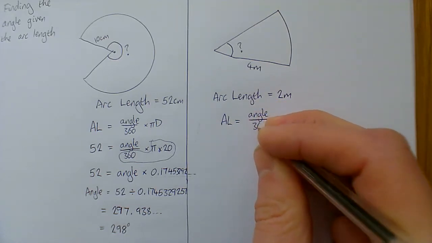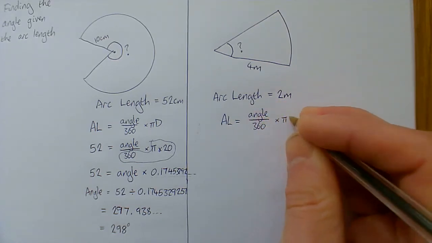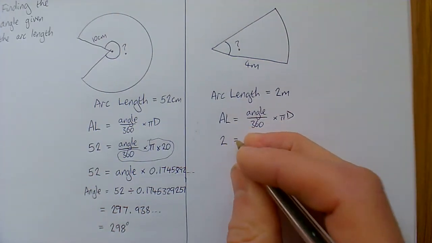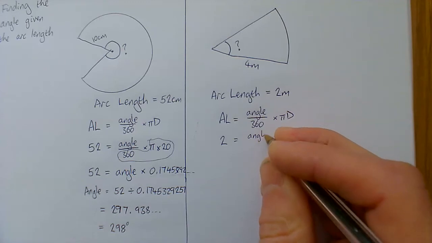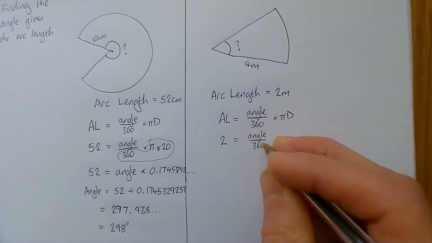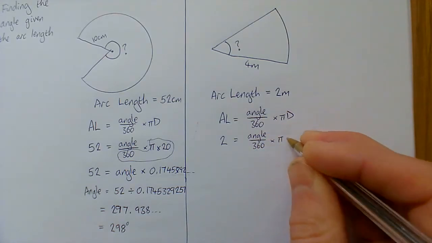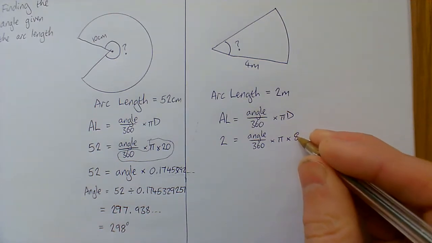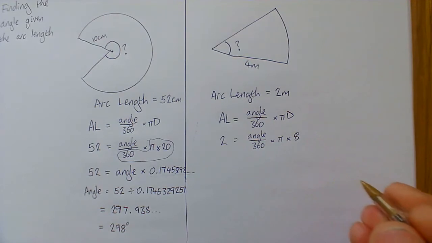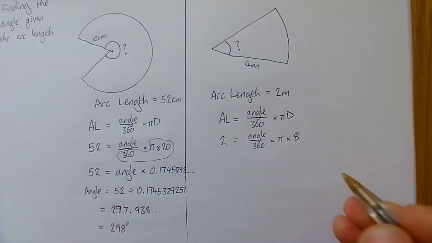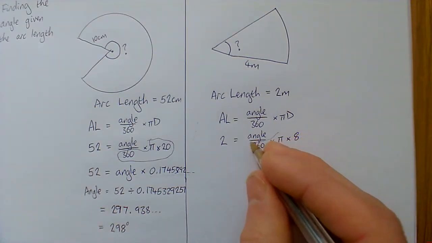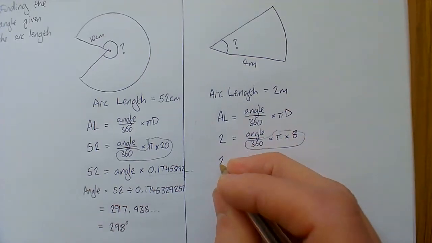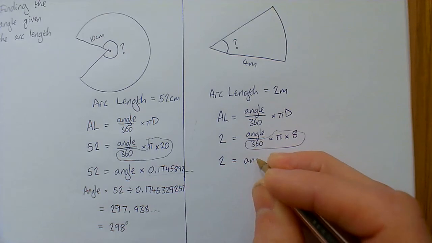So we have angle over 360 times pi d. Putting our arc length in, that's 2 equals angle over 360 times pi times, and be careful, diameter is 8. So if you've made a mistake, it may be that. So check that you put diameter equal to 8 in your working. Next thing we're going to do is work out that bit as a number. We're doing pi times 8 divided by 360. So we get 2 equals the angle